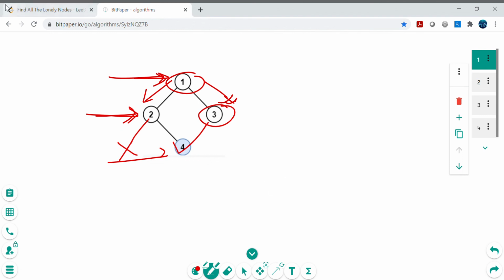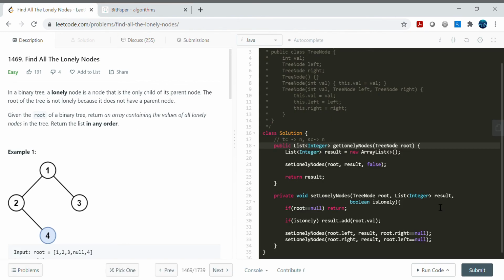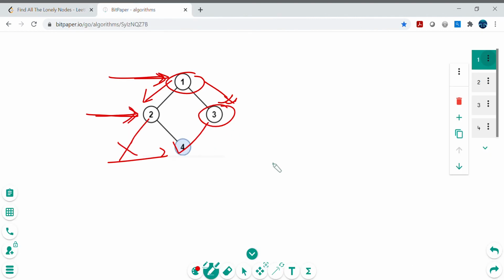In the recursive approach, we will similarly just copy paste our recursive approach. First of all, we will go all the way left, and then we will traverse the right side as well. So this is the template for the recursive. And for the base condition, root equals null, we will just go ahead and return. We just need to identify the lonely condition. So that condition will also be the same that we used in the iterative approach. If left is null, right is not null, it means that is the condition for the lonely node for the right child. If left is not null, right is null, then that is the condition for the lonely node of the left child.